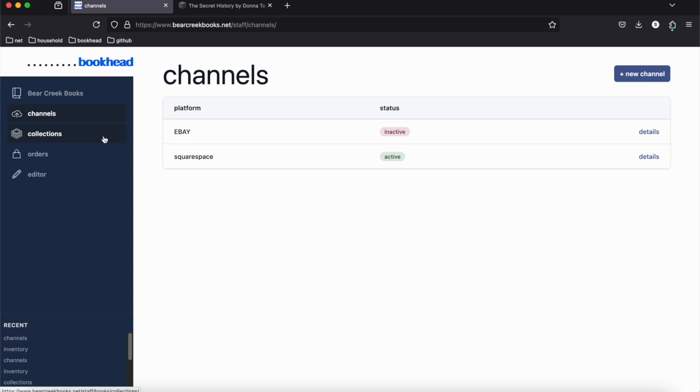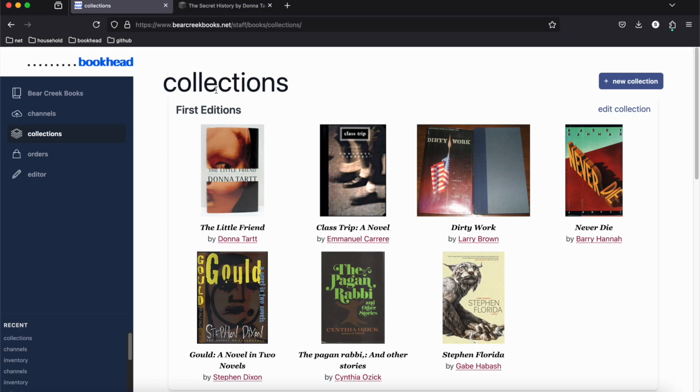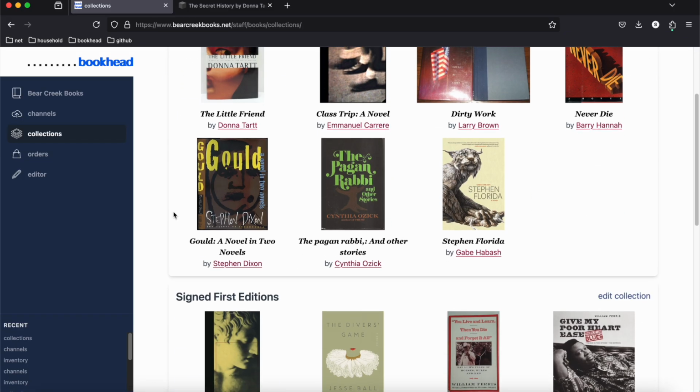This collections thing, however, I will incorporate with Connect, so you can have book lists that you feature, and you'd manage that all within Bookhead. Similarly, you could have staff picks, and manage your staff picks here. In the future, this needs to be redesigned, but in the future,